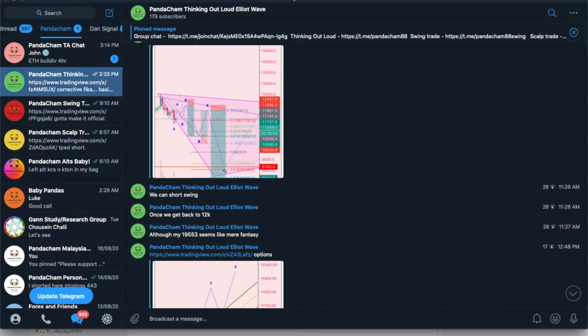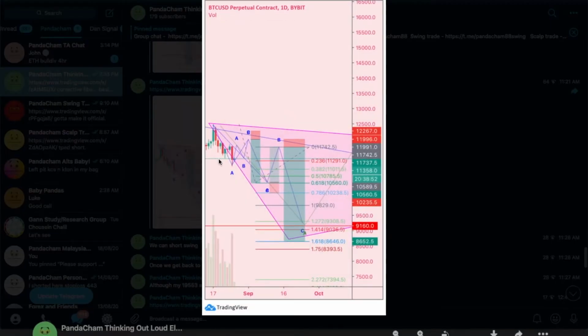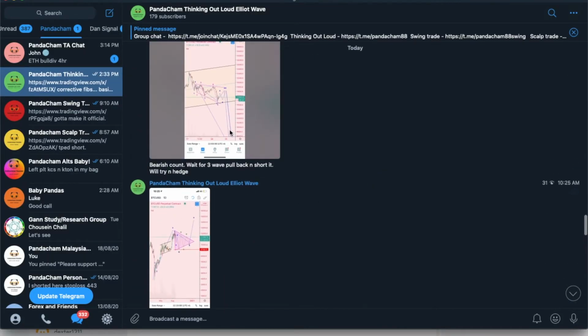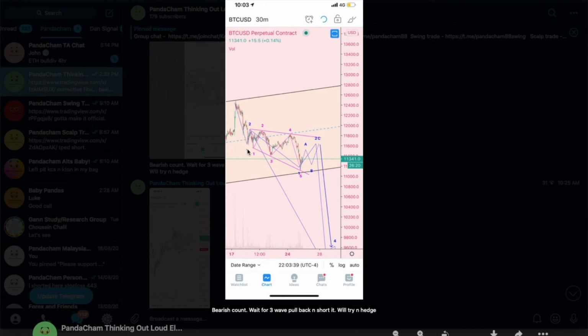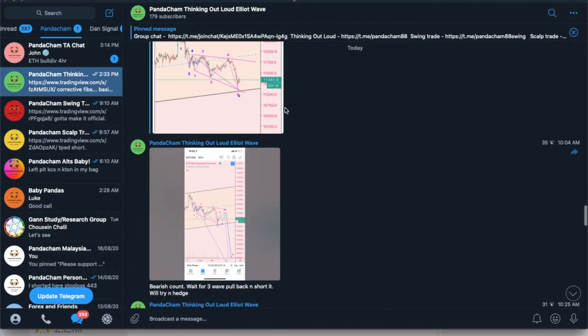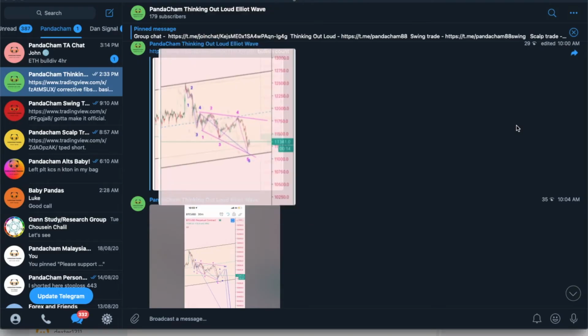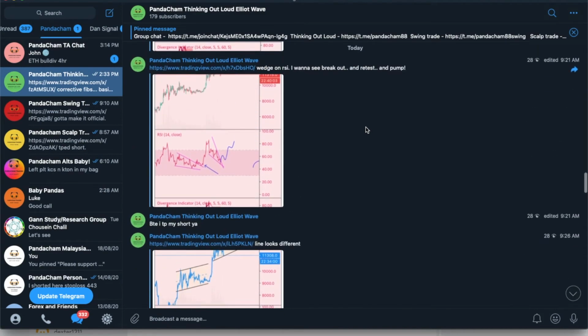Now if we go to our Telegram group, I posted in my chart, okay, this is the bearish, you know, like a triangle bearish thing, like a 3-wave pullback. Okay, another bearish count is this is impulse, and then this is another leading diagonal. It's like a 1 2 1 2, or it's A B C, or it's a 1 2 3 4 5. There's many ways to count it, like 1 2 3 4 5 ending diagonal, so it's going up. So many ways to count it,